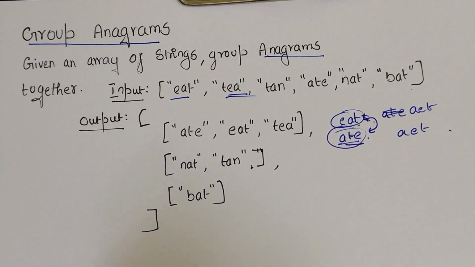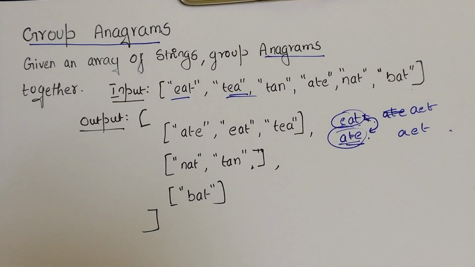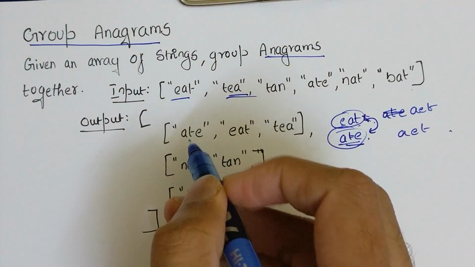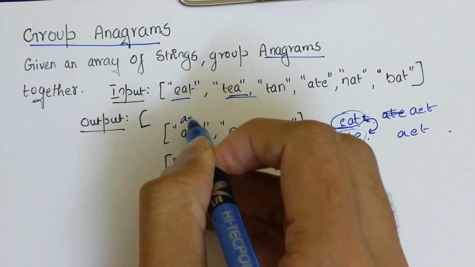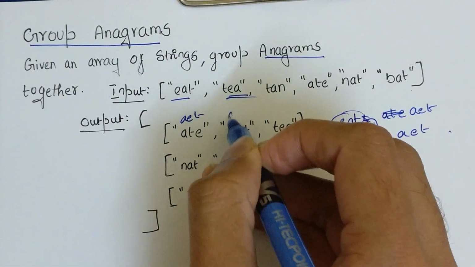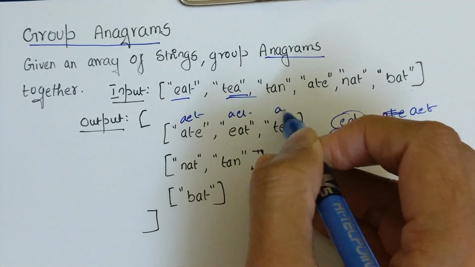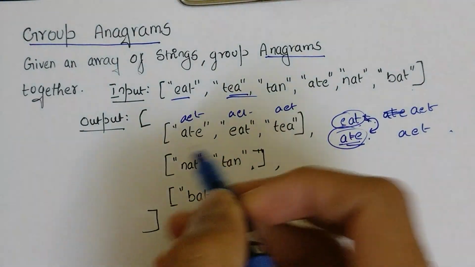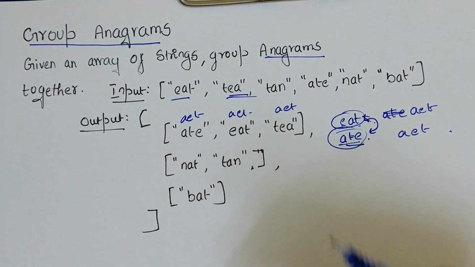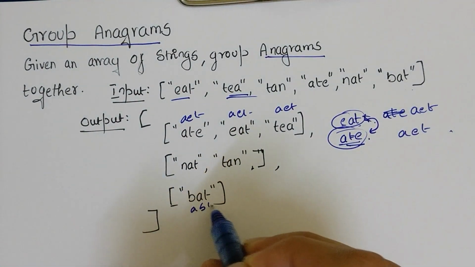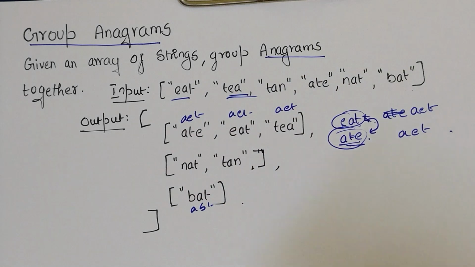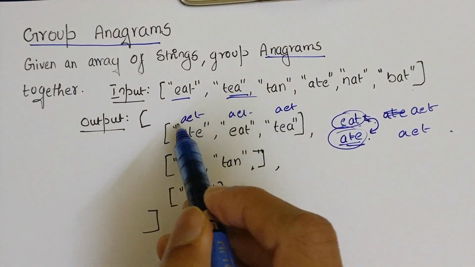What else can we do? Now if you look at the example they have given here, if I sort this out, it is AET. Here also it is AET. Here also it is AET. If I do it here, AB, something like this I can do. And how do we go about this? So these all have the same